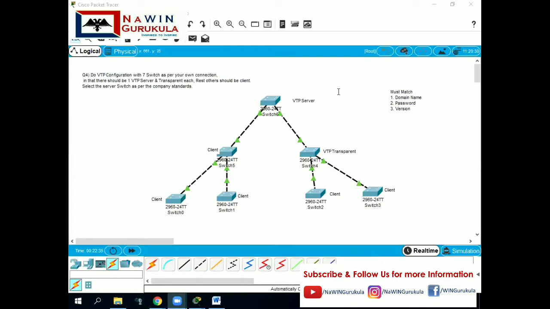I hope you have gone through the last three videos regarding the assessment, and this is the fourth question, which we're going to discuss: VTP configuration. The first and second questions were on IP addressing and subnetting. The third question was on basic routing configuration, that is, configuration using routers with OSPF and EIGRP protocols along with the static routing protocol. And along with that, we also discussed how we can do the configuration on default